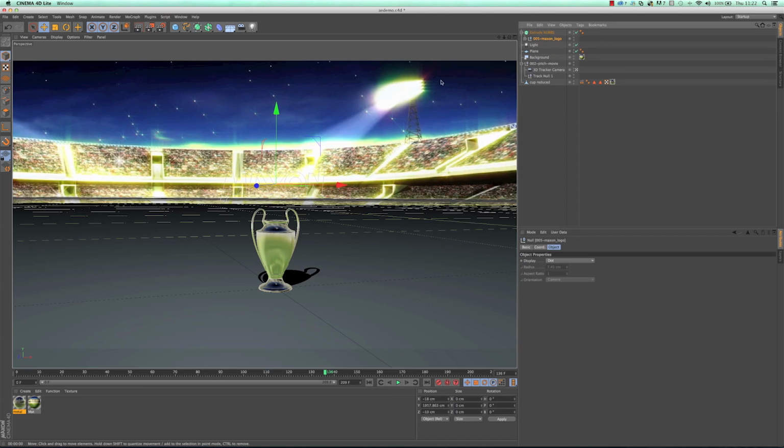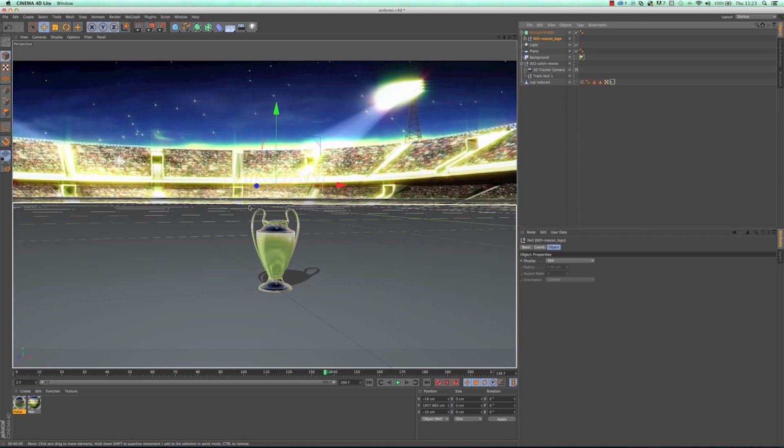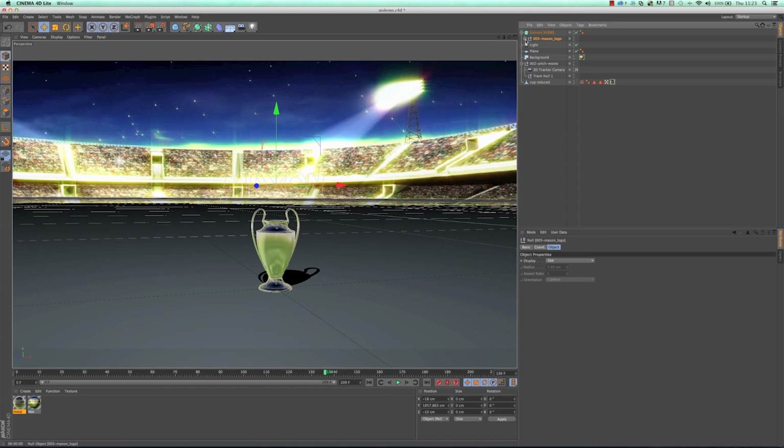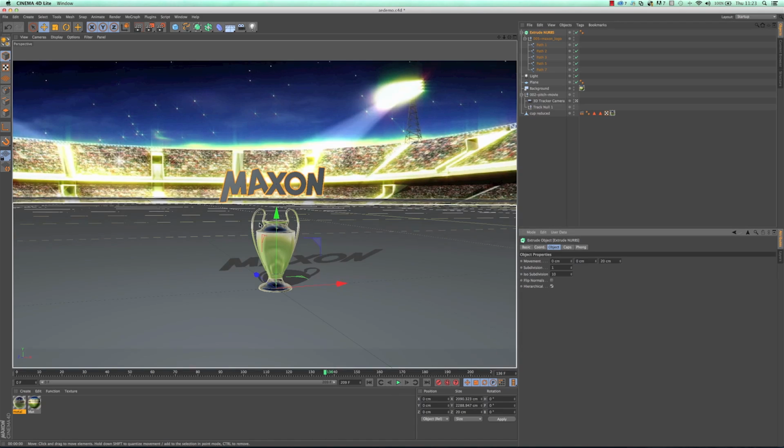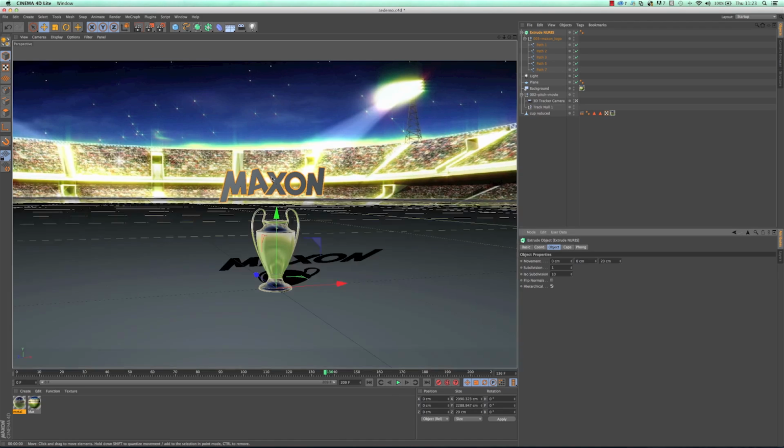And initially, nothing happens, and this is a little catch out if you are using a logo that's made of multiple paths like this one. If you have that and you want to use an extrude NURBS, there's an option that you need to click, and inside the extrude NURBS it's called hierarchical. If we turn that on, we then get the extruded logo, which is great.